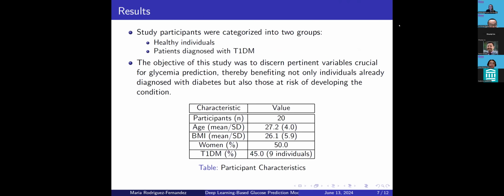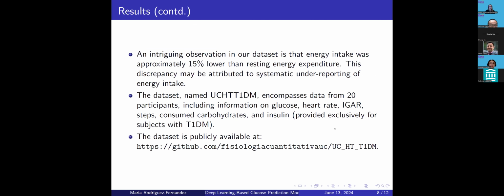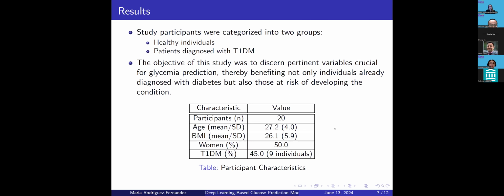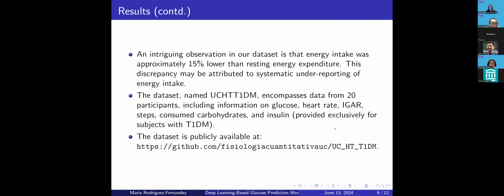So with that, as I previously said, we categorize in 2 groups, and the 2 groups have pretty similar demographic characteristics. Also 50% women and 50% men, so the data was pretty balanced in that regard. Something that was interesting to see is that even if we ask the subjects to register all the energy intake